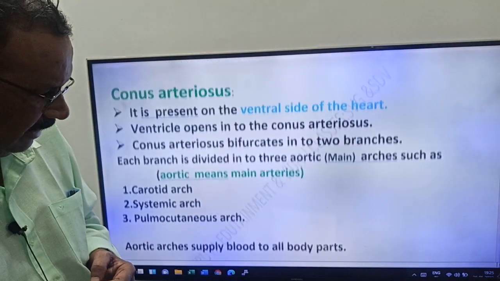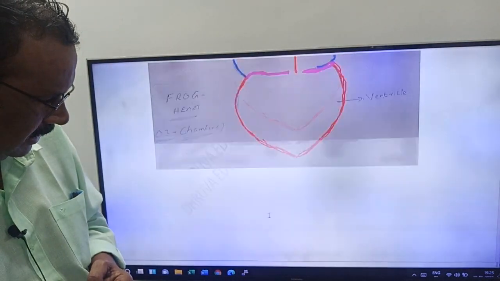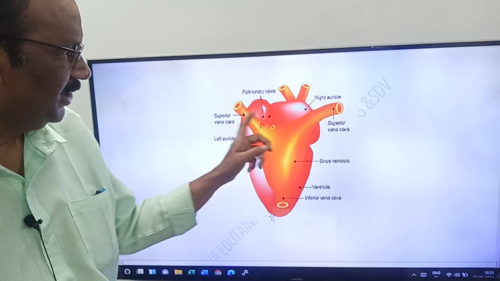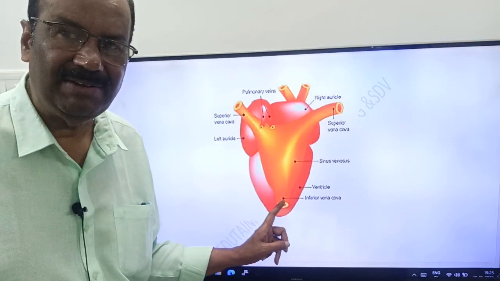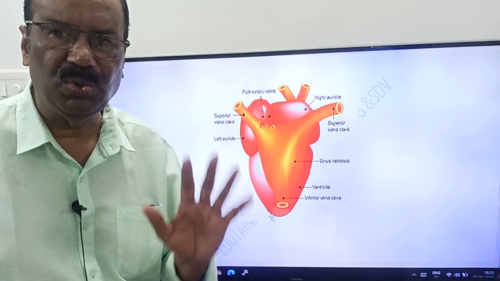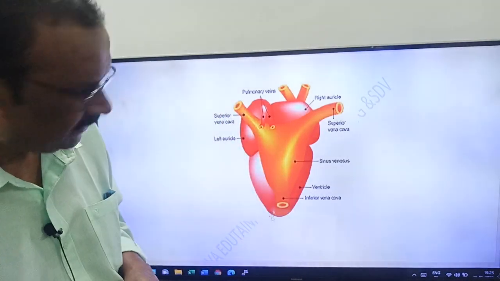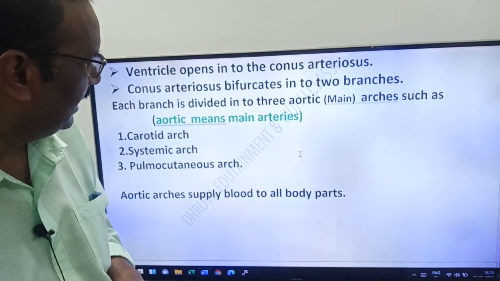Friends, here you see in the image. These two are precaval veins or superior vena cava. This is the postcaval vein or inferior vena cava. No need to write this in the IP test, friends, but you have to remember. Once again, friends,